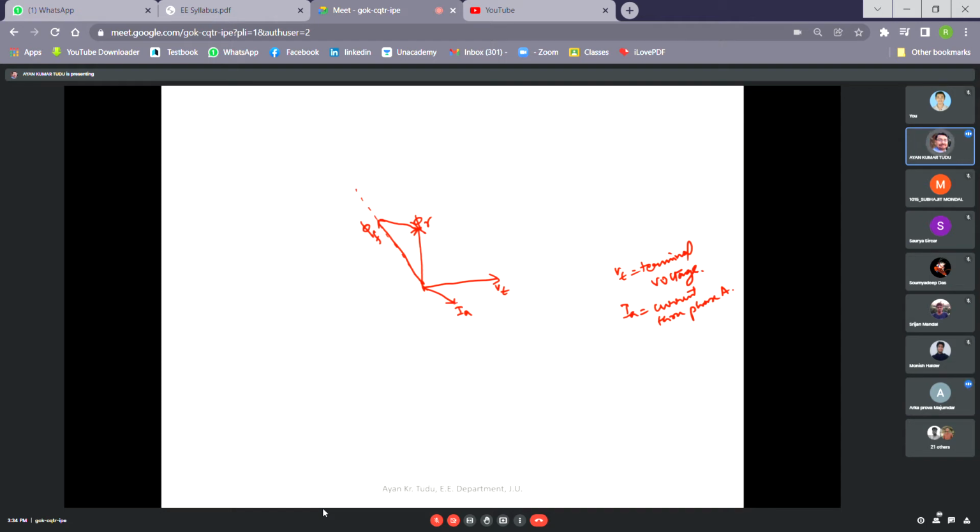Okay, phi a is in phase with ia. That's why if this is the direction of ia, the phi a direction would be this. Understood? Okay, so this is our phi f. ফায়ারের জন্য ভিটি তৈরি হচ্ছে।